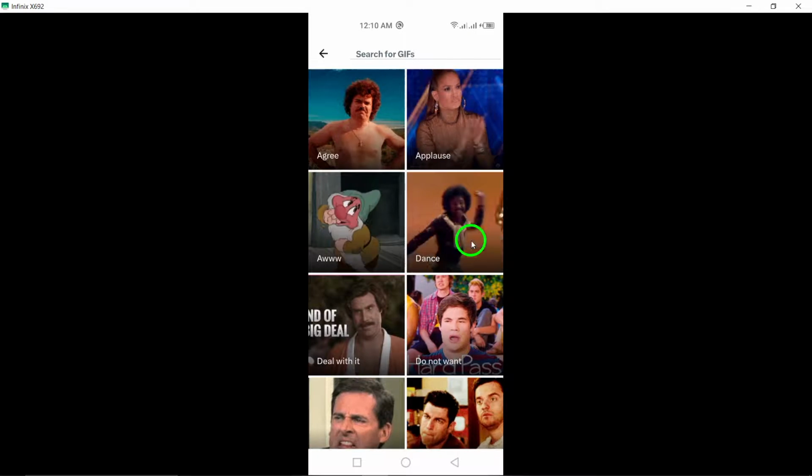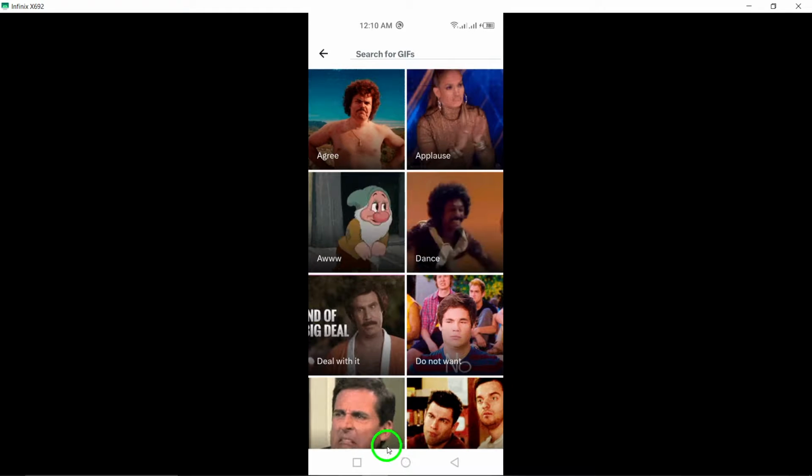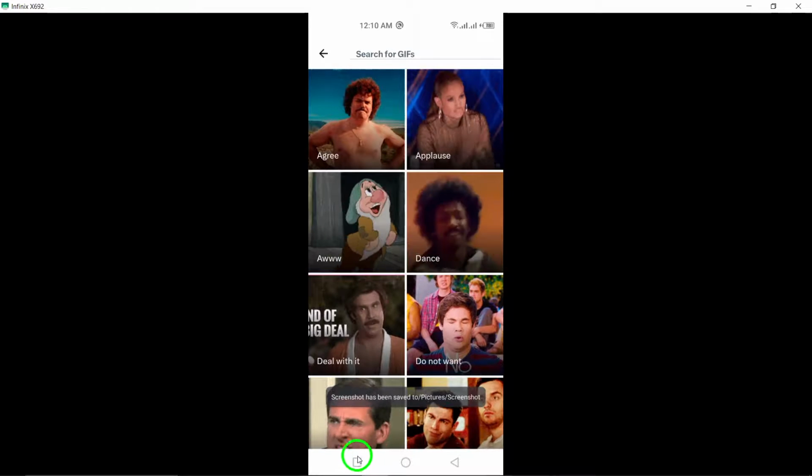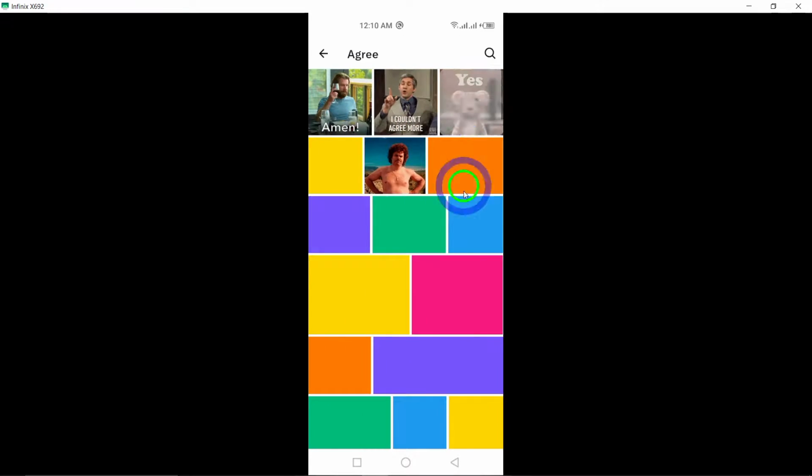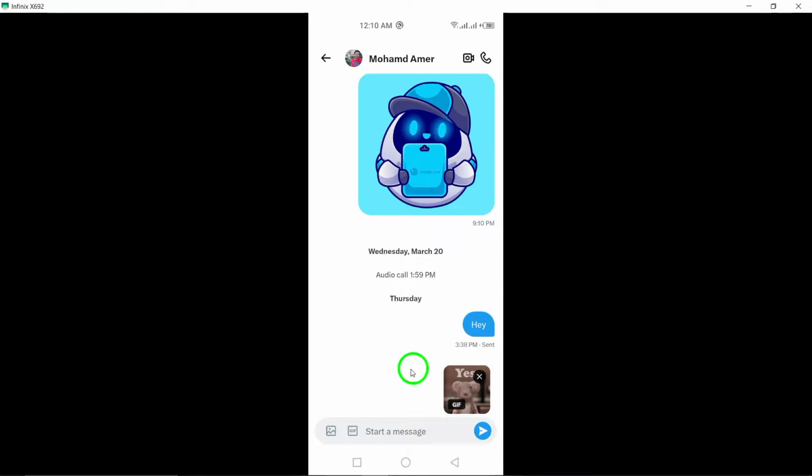Next, explore the option to add stickers to your tweet. Tap on the sticker icon and choose a sticker that complements your GIF or adds an extra touch of personality to your message. By following these steps, you can easily enhance your tweets on X Twitter by incorporating GIFs and